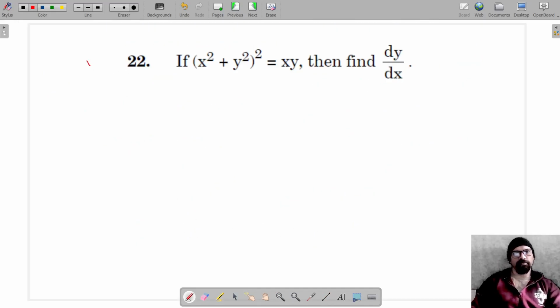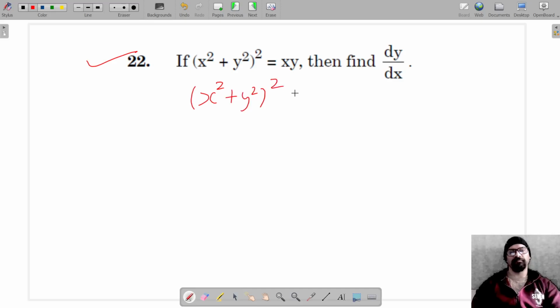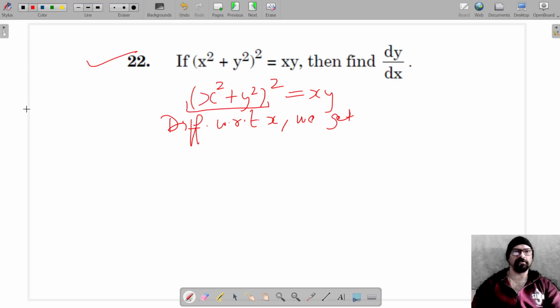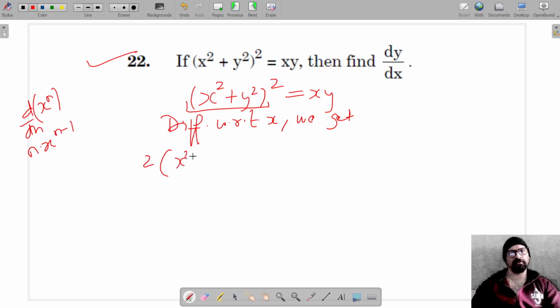For question number 22, we have to differentiate this with respect to x, and our equation is (x squared plus y squared) the whole squared is equal to xy. So let's start differentiating this with respect to x. Let's treat this as one function, and we know that the differentiation of x raised to the power n is n times x raised to the power n minus 1. So this is 2 into (x squared plus y squared), raised to the power 2 minus 1 is 1, into the differentiation of